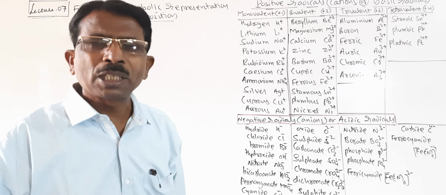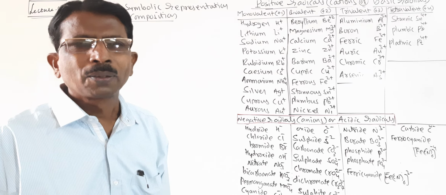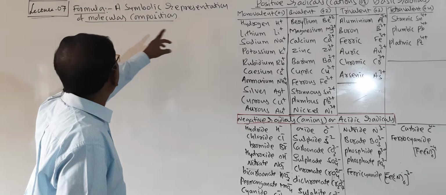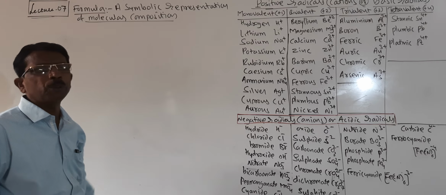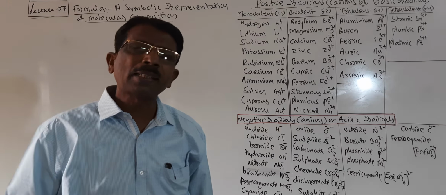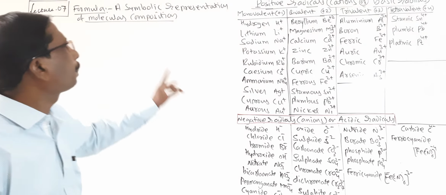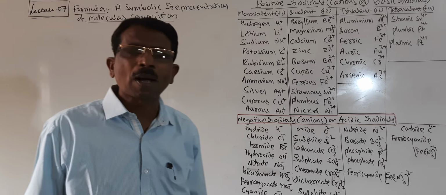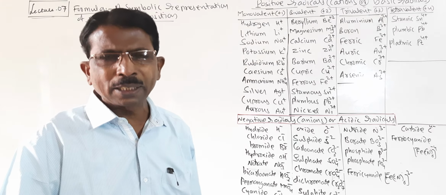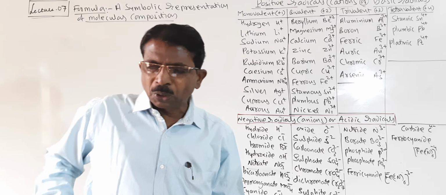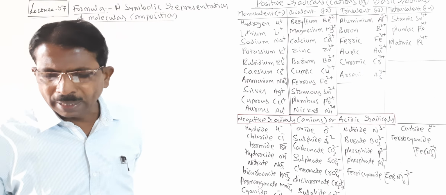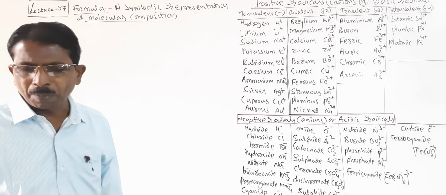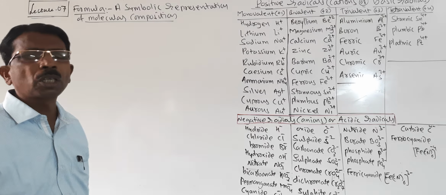And then what is generally a formula? It is a symbolic representation of molecular composition. That is the one line answer: a symbolic representation of molecular composition is called a formula. Remember, a chemical formula is a notation used by scientists